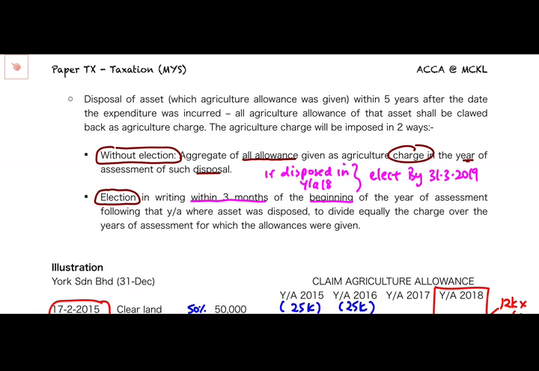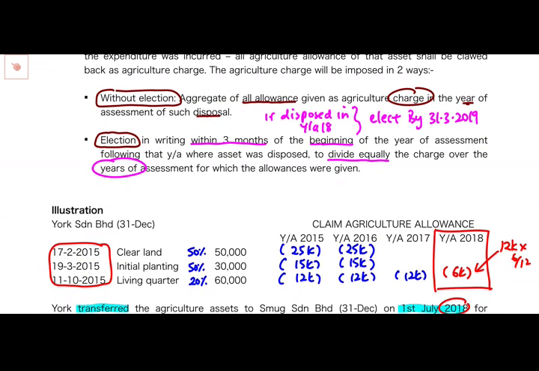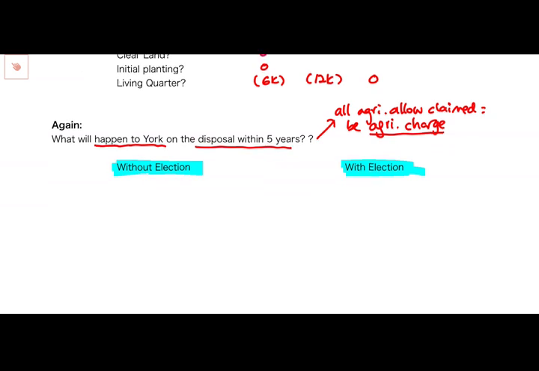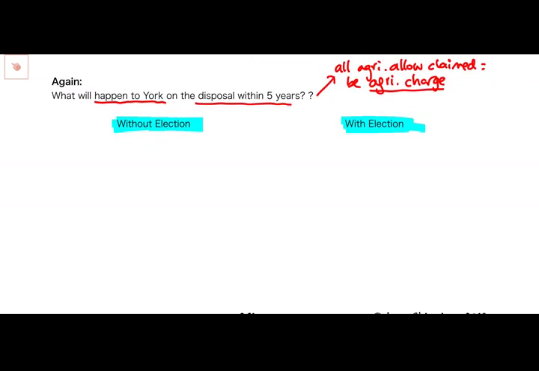So if you say you dispose the asset in 2018, this is the last day that you have to submit to the government in writing and request the government to do what? Now, this is the treatment: divide equally the charge over the years of assessment that allowances were given. Divide equally over the years that allowances were given. Okay, so if you come down,